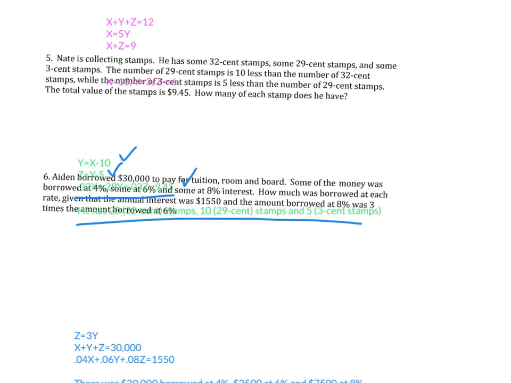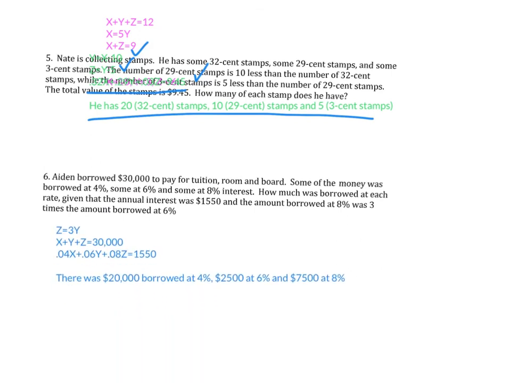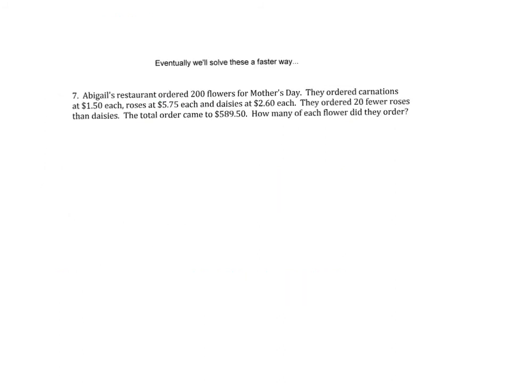The last one on this page, Aiden borrowed $30,000 to pay for tuition, room, and board. So some of the money was borrowed at 4, and then 6, and then 8. So I labeled each type of money because some of the money was borrowed here, here, and here. So I said X was the first percentage, Y was the second percentage, and Z was the third. So that's how you end up with these 3 equations. There was about $20,000 borrowed at 4%, $2,500 at 6%, and $7,500 at 8%. And then the last one is on the next page. Last question